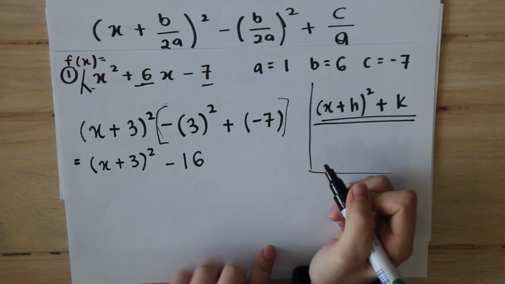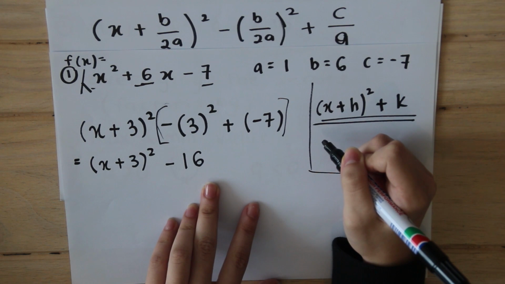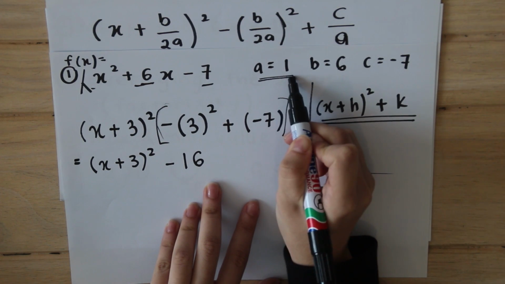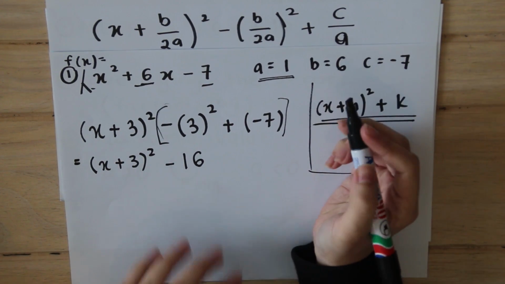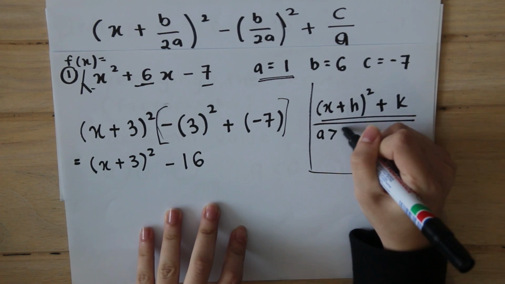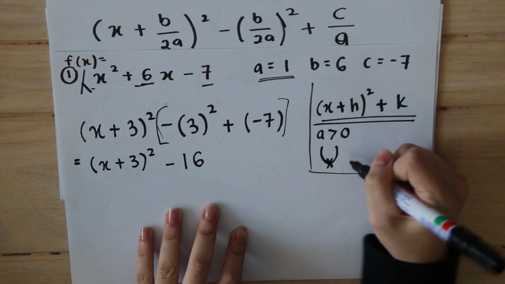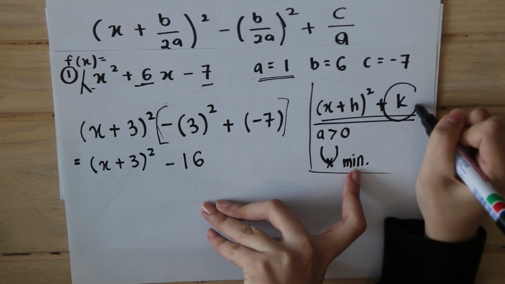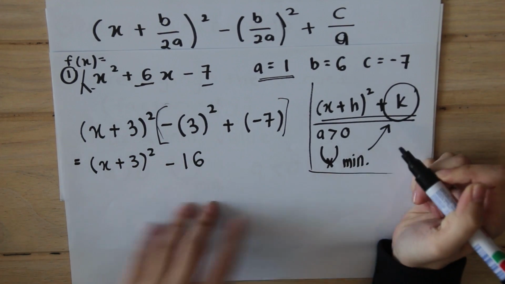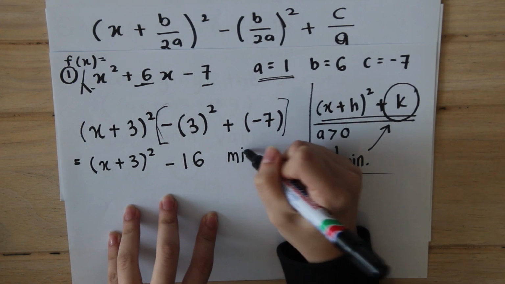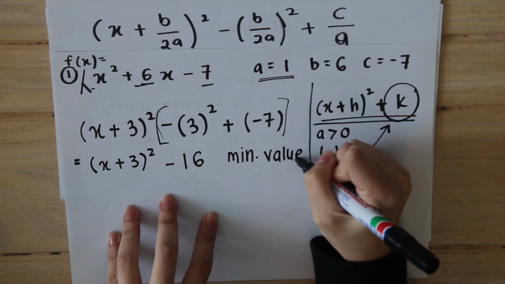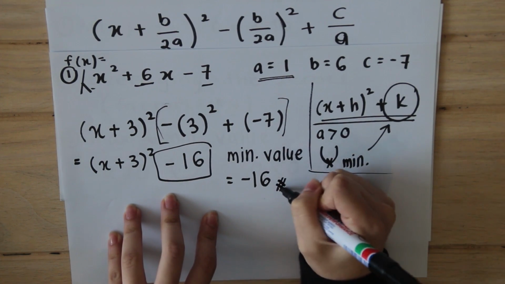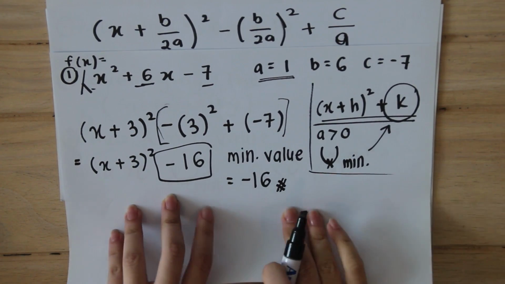Okay, so to find the maximum or the minimum value, we have to determine what shape it is. So since a is more than 0, it's a smiley face. That means it's a minimum. To find the minimum value, it is given already from the completing square, which is the k. So the minimum value for this equation is -16. Okay, now